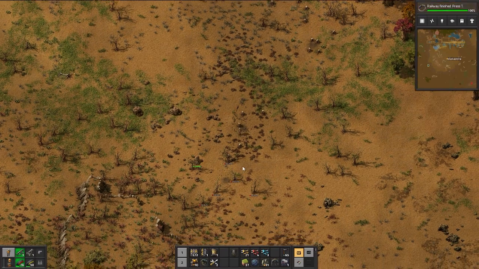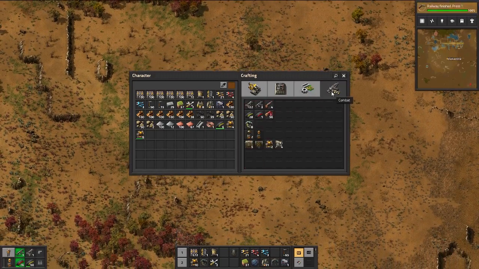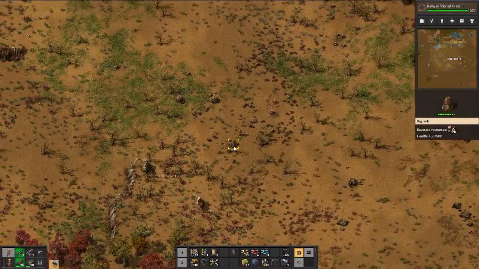Oh, I don't have enough. I don't have enough boom booms. I ran out of boom booms. We craft one more set of five and...